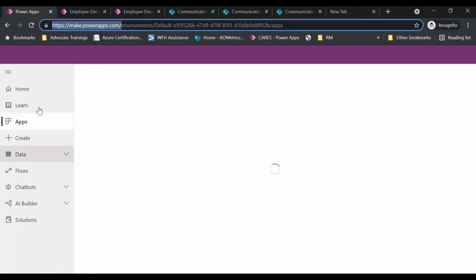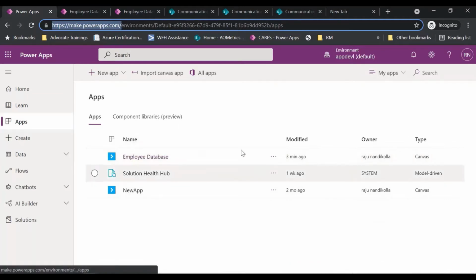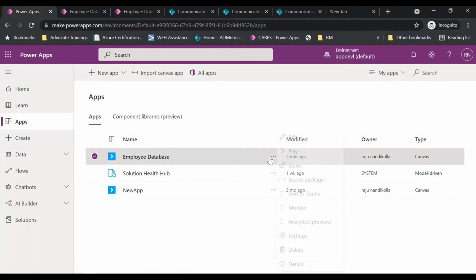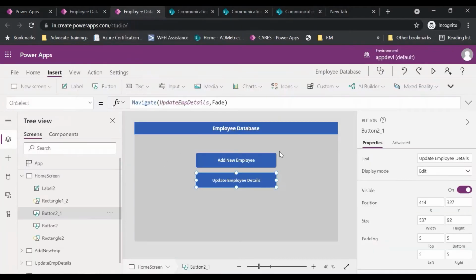When I open make.powerapps.com, it gives me the list of Power Apps which are available. Also it allows me to create a new Power App. As I already have one app available for employee database, I'm going to open that app by clicking on edit. This one is already open in my browser. Here I have multiple screens, and I have created various screens based on the requirement. So here what we are going to do is have